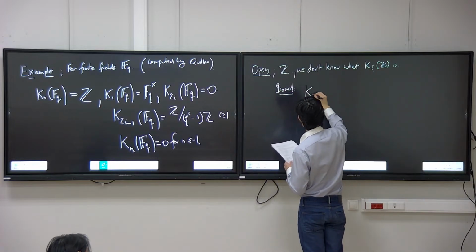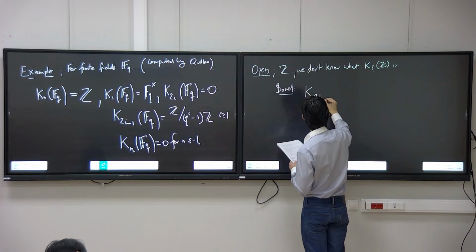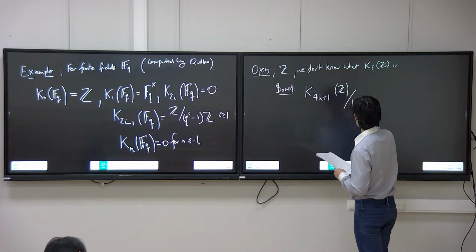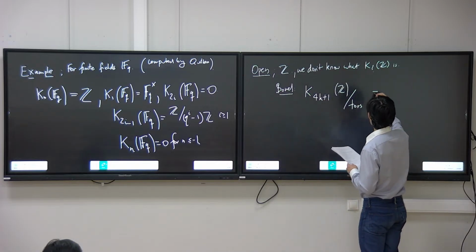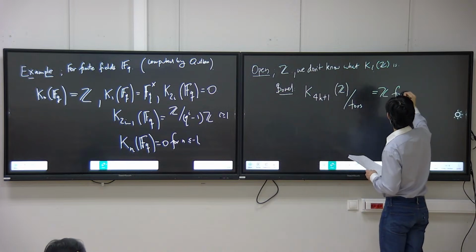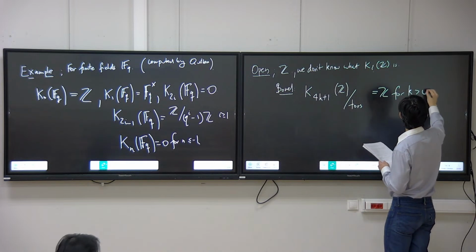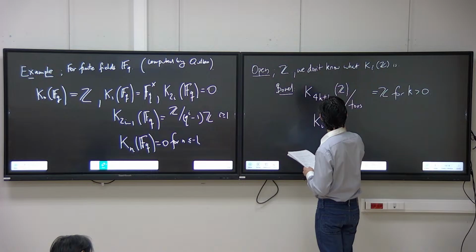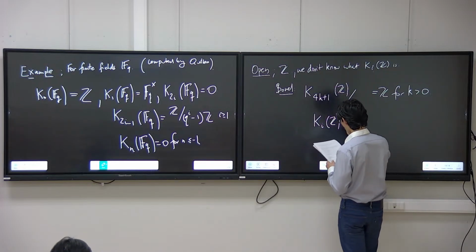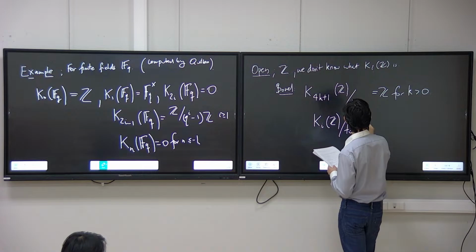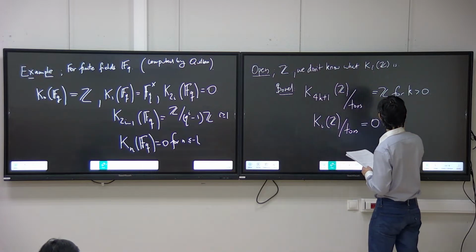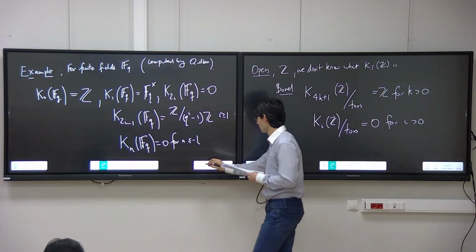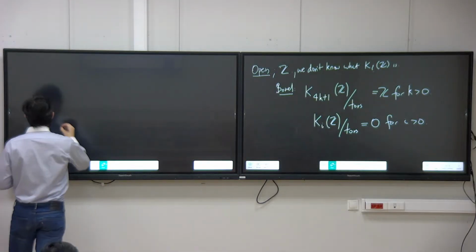So some random results. K_{4k+1} of Z can have some torsion. Once you quotient out by the torsion, it's equal to Z for k greater than 0. And K_i of Z quotient out by torsion is equal to 0 for i greater than 0. Okay, and one theorem